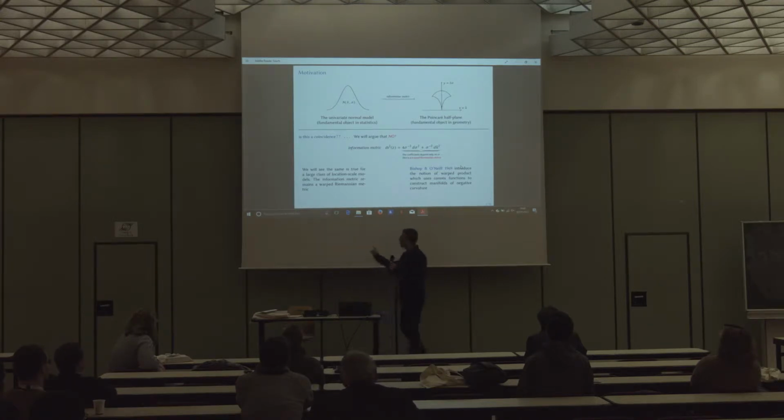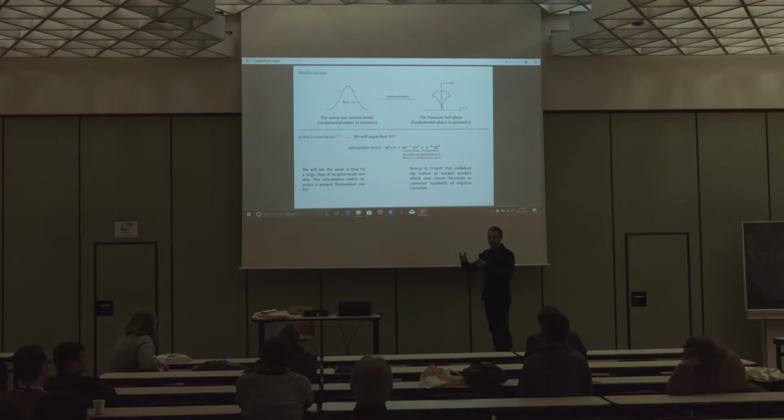So look at the information metric. Whenever you see Z, it will be the couple X bar, sigma. The information metric looks like a product metric. It's a sum of squares. But in addition to that, you have these coefficients like sigma to the -2 that depend on sigma, not on X bar. Roughly, this is the definition of a warped metric.